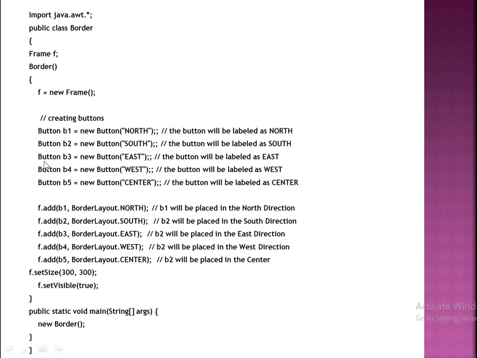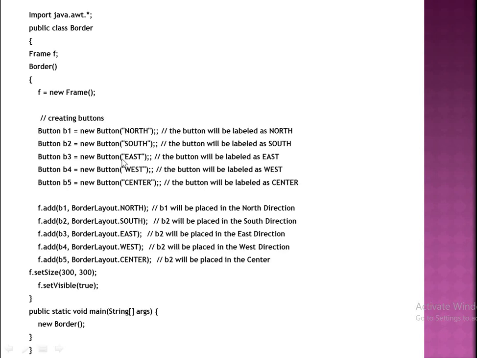Third button, B3 = new Button labeled East. Likewise, button B4 = new Button labeled West. And last, button B5 = new Button labeled Center. So these create the component objects.